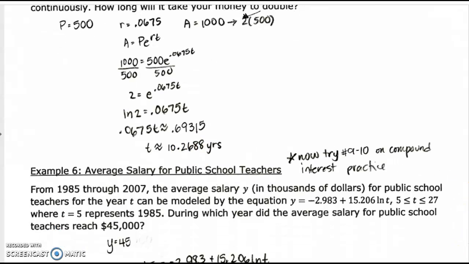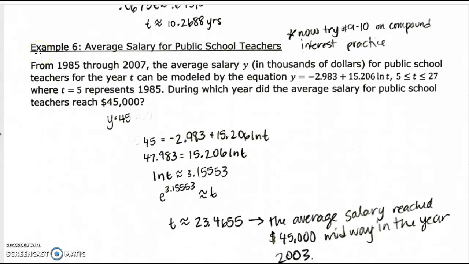And then the last problem is pretty self-explanatory. We are modeling teacher salaries using this logarithmic equation. And I'm just plugging in to find out what year, or what t value, average teacher salary became 45,000. So my y is 45, and then I just need to isolate my logarithm. So I'm adding this and dividing by this, which gives me ln t. And then I convert that into